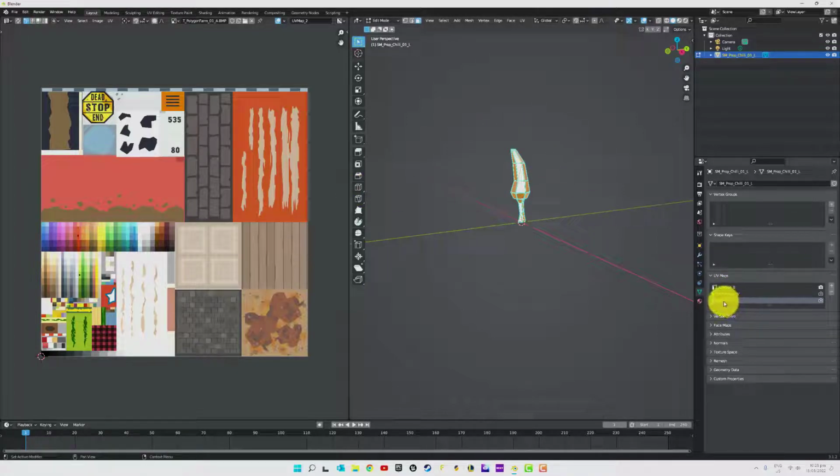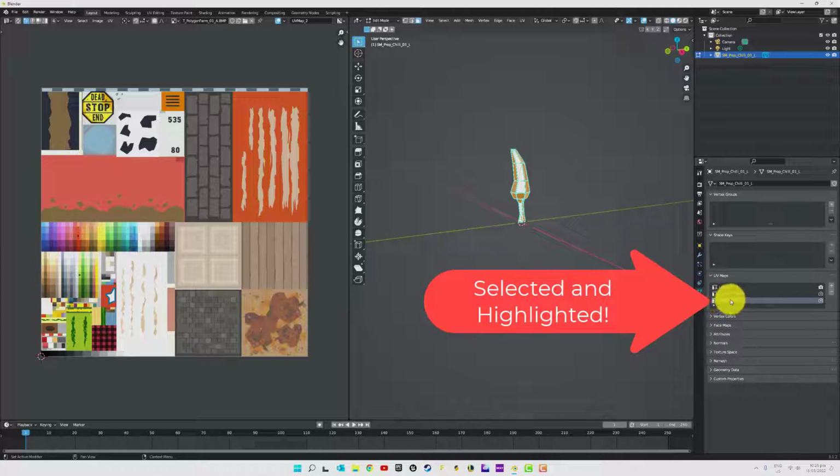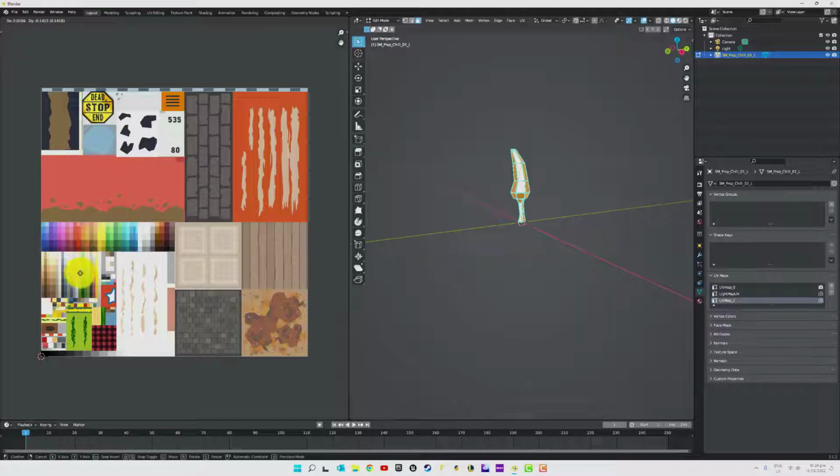Now just make sure you've got your new UV map that we made just before. Again, that's plus UV map, rename to position 0, position 1, position 2, and all of the faces selected with A. I'm going to select this point here. I'm going to hit G. I'm going to move and click,